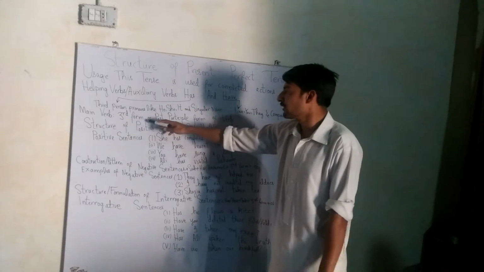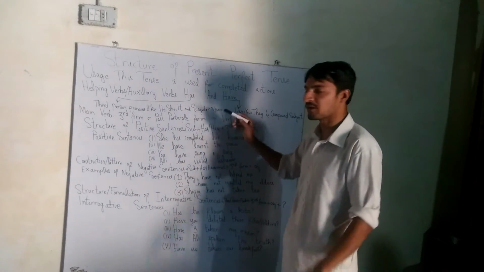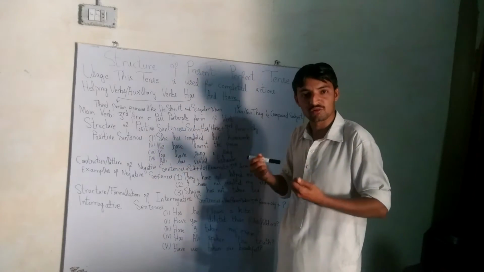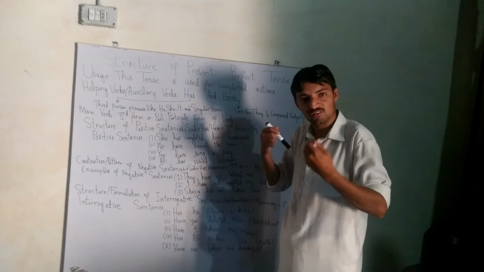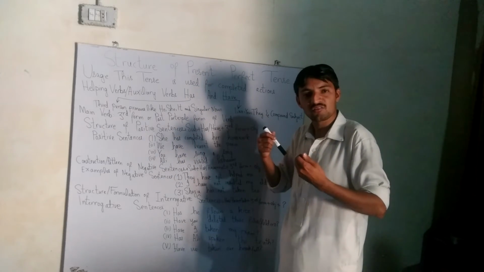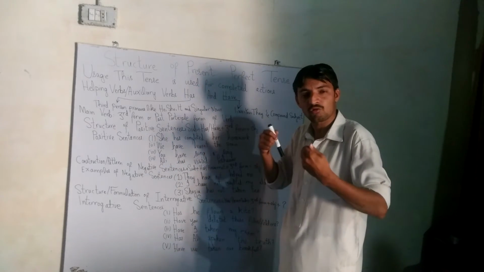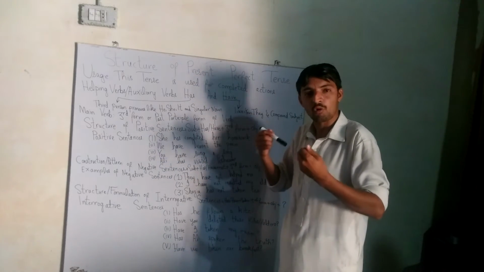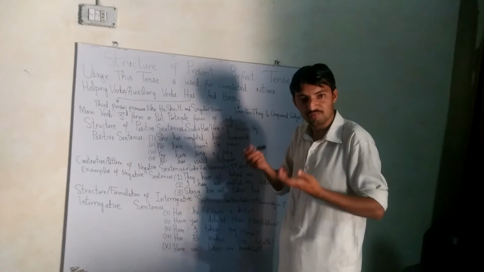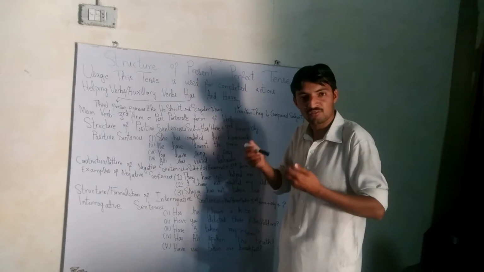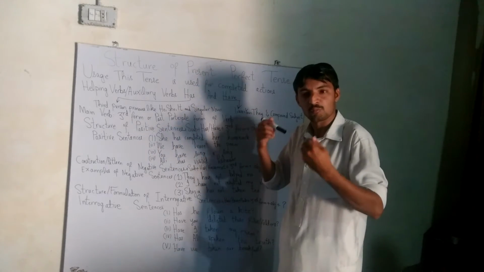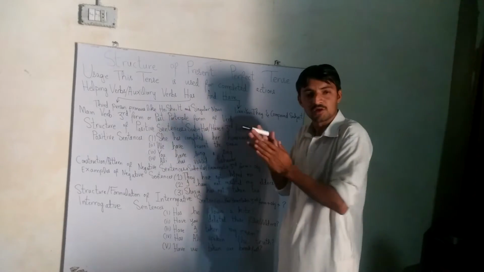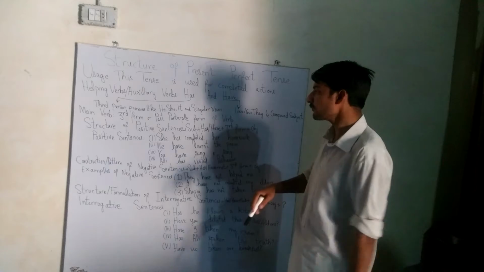Main verb: third form, or past participle form of the verb. In present perfect tense, we always use the third form of the verb or the past participle form. It means that the third form of the verb can also be called the past participle form, or V3. Whether it is present perfect, past perfect or future perfect, we always use the third form of the verb in all perfect tenses.